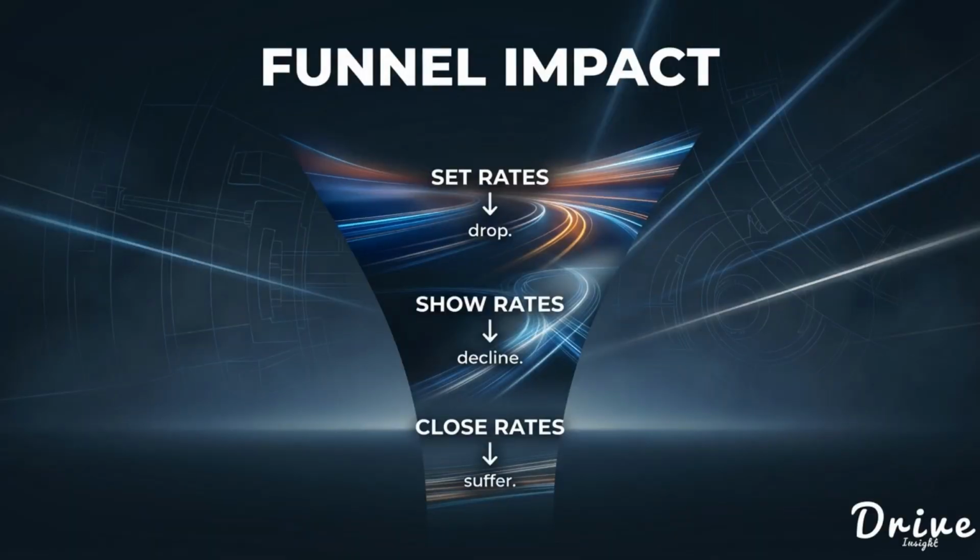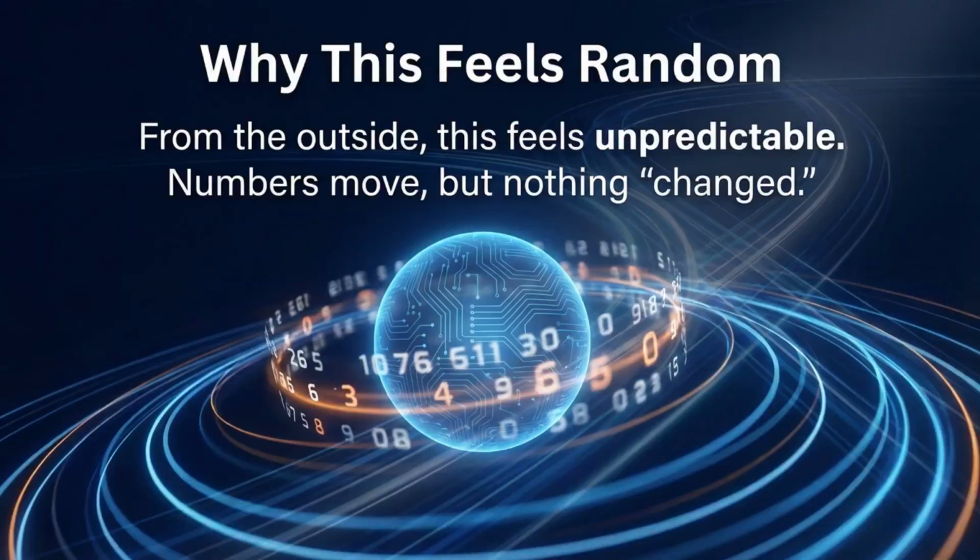For your business-level symptoms, this is where it gets worse. It becomes more obvious as your lead quality goes down, your set rates drop, your show rates decline, and close rates suffer within your sales process. Not because the demand disappeared, but because your intent is no longer being segmented accurately. When audiences lose clarity, targeting becomes broader, and broader targets always mean lower intent. From the outside, this can feel kind of random, almost sporadic. From the system's perspective, it's a logical response to the lack of audience clarity. When patterns stop making sense, systems reduce precision.